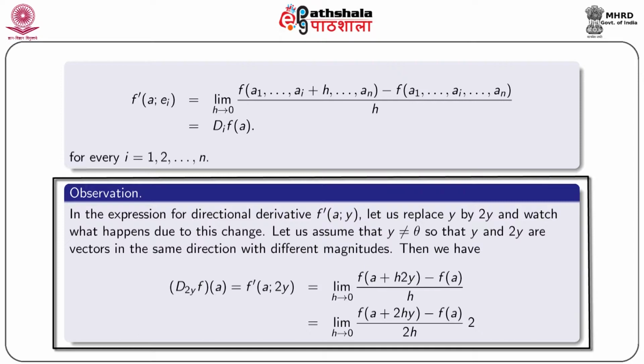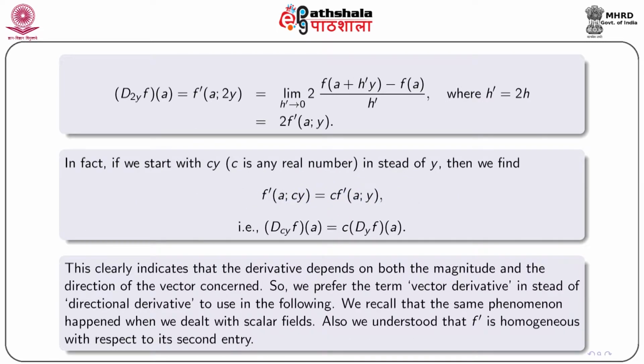Then we have f'(a; 2y), which is nothing but the limit of (f(a + 2hy) - f(a))/2h. To balance, we have to multiply by a factor 2 and consider the limit as h tends to 0. So, we find f'(a; 2y) is 2 f'(a; y)